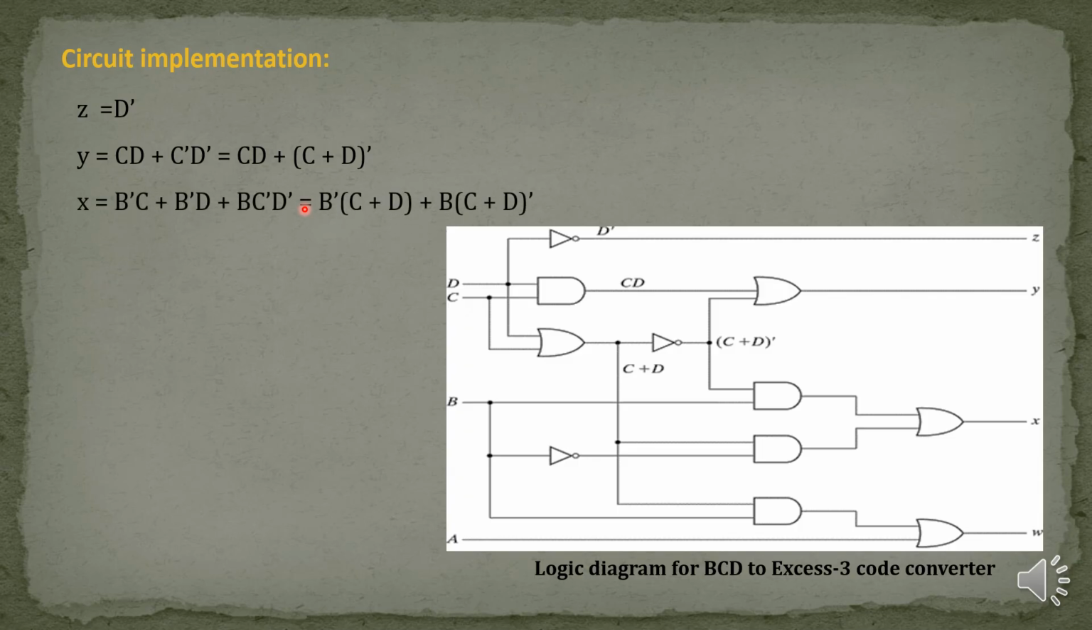The next output is the X output. The X output we get is B dash C plus B dash D plus B C dash D dash. We can take B dash common, then we get B dash into C plus D plus B into C plus D whole dash. Then finally the fourth output W we get as A plus B into C plus B into D. In these two we take B common, then we get A